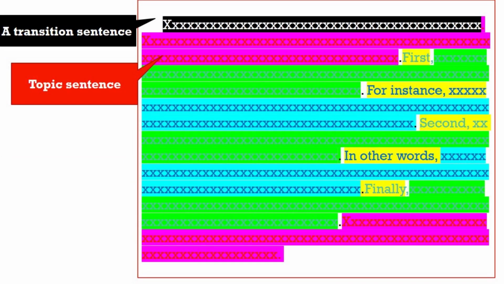Sometimes we may use a transition sentence, especially in the second and third paragraph of the essay. This transition sentence comes before the topic sentence. The role of the sentence in black here is to facilitate the transition or to establish a relationship between the previous paragraph and the present paragraph. We can also use this at the end of the paragraph in order to facilitate the transition from this paragraph